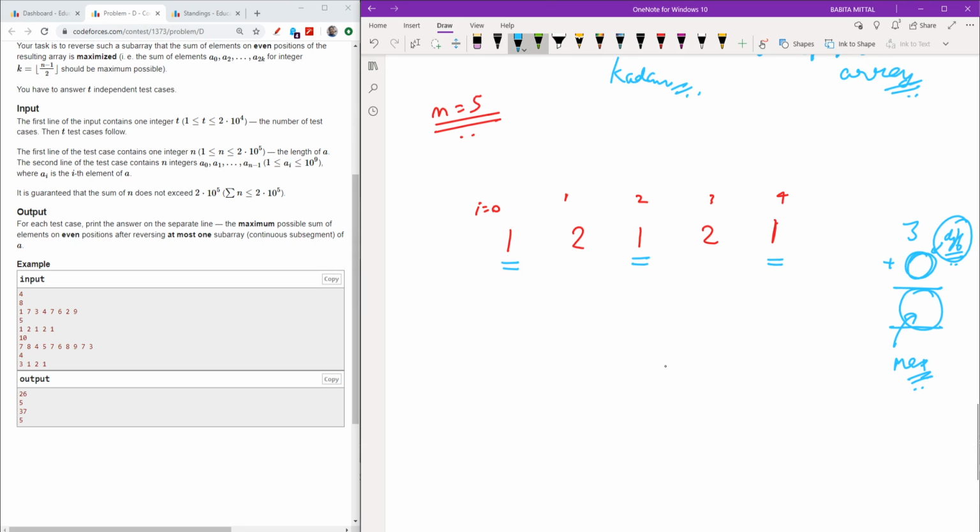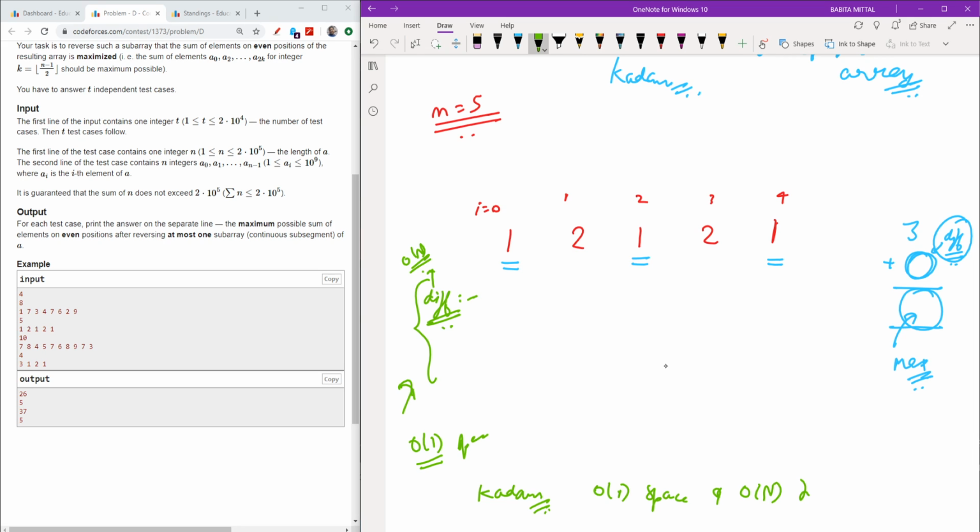Now what I can do, as I clearly said, is make a difference array. I am showing it here by doing it in O(n) space, but the optimized way, Kadane's algorithm, is to do it in O(1) space and O(n) time. It is the optimized way which I will use in my code, but to show you guys, I am showing it in O(n) space. So make sure of this.